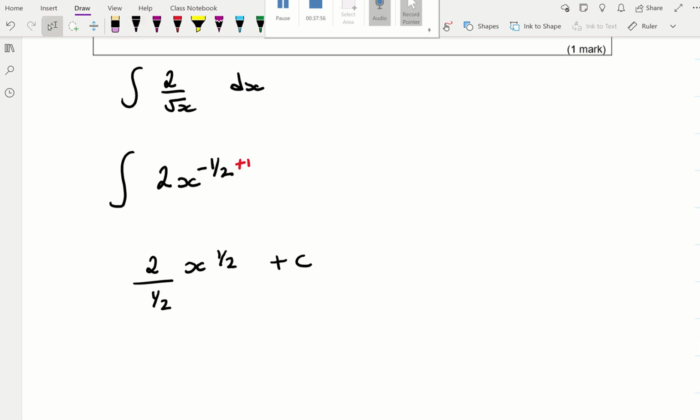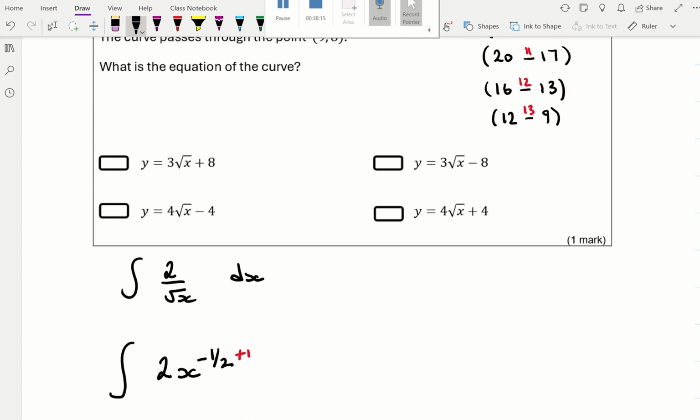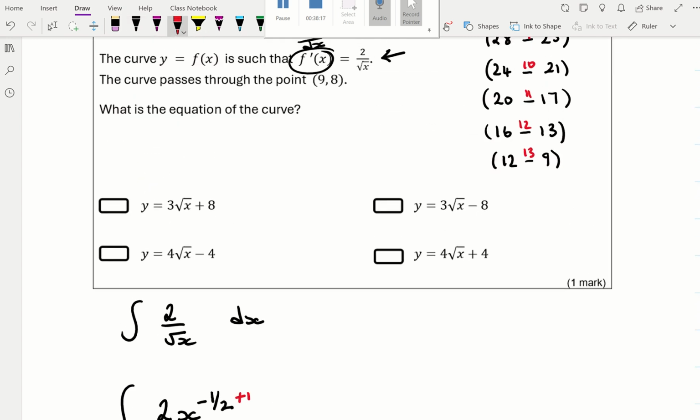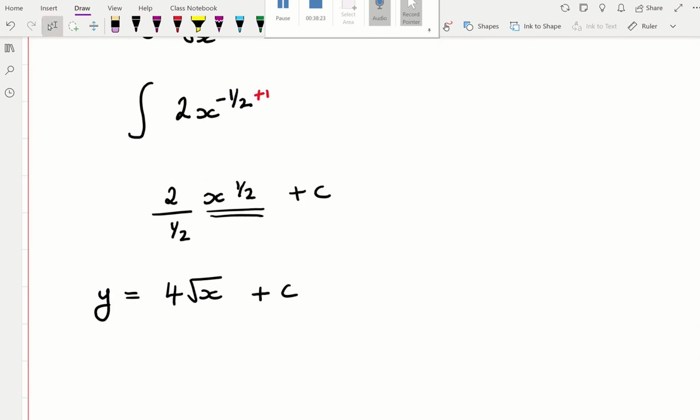And I get 2 divided by half is 4. So this is 4x to the power of a half, or you can write it as 4 root x plus c. And because it's an equation of a curve, you need to write y equals. Now you are given a coordinate. This is x, this is y. And you can substitute. So the y becomes an 8